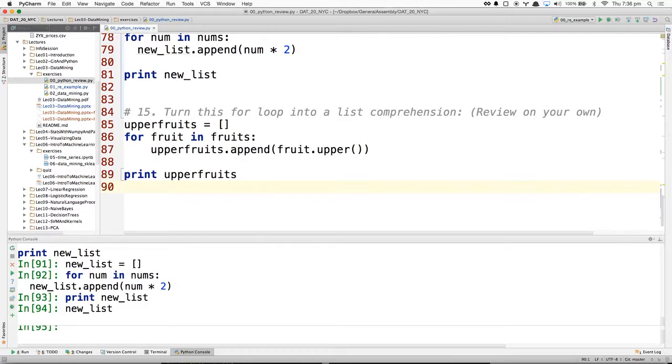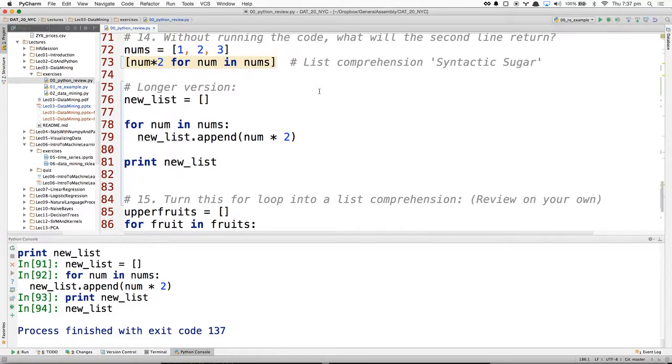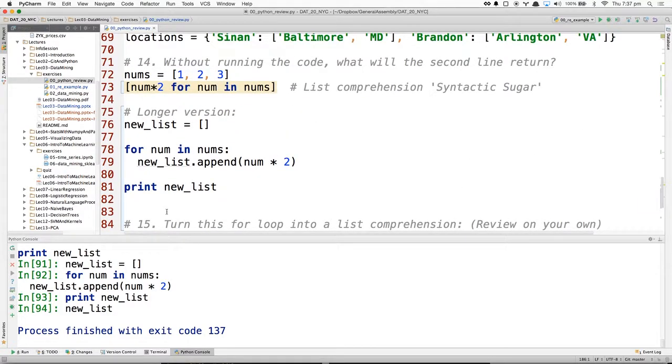All right, questions, thoughts, issues? Did anyone encounter any unexpected issues, or is this stuff all pretty straightforward? Maybe a really basic question: for that array just above, we call 1, 2, 3 nums, and then we set num times 2 for num in nums. How does it know that 1, 2, and 3 are referred to as num? We didn't actually declare that.